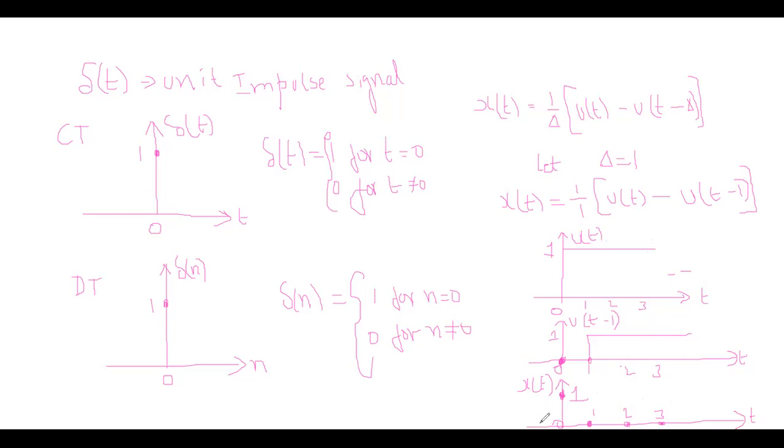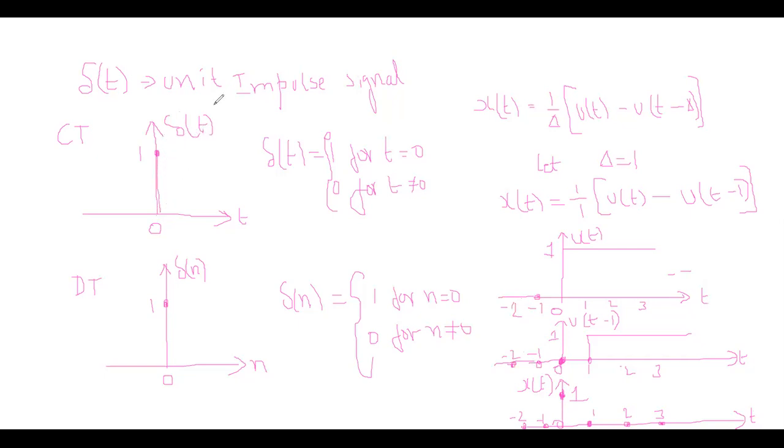So we'll get minus 1 is 0, minus 2 is also 0, because for negative values there is no value. For minus 1 and minus 2 both are zeros. See, at t equal to 0 the value of x(t) is 1 only. That x(t) is nothing but δ(t). The δ(t), see here. At t equal to 0, the value is 1.